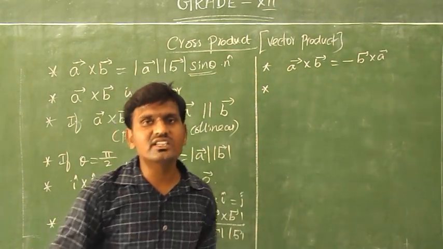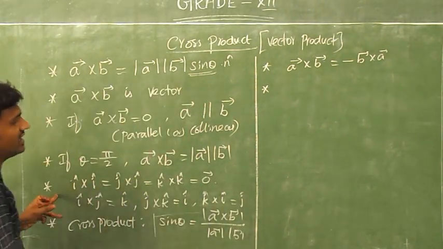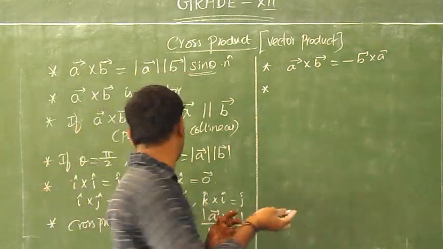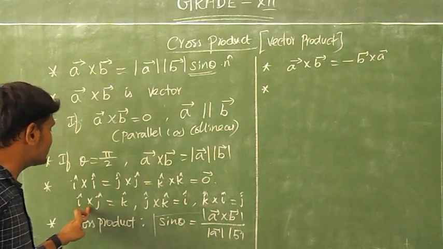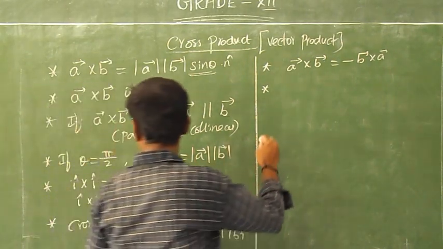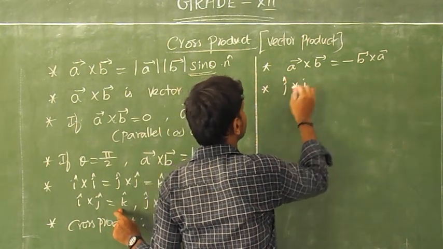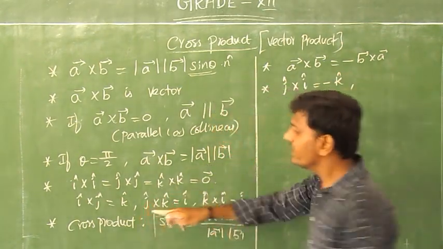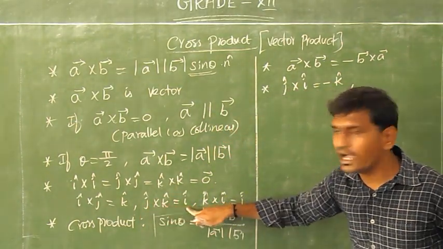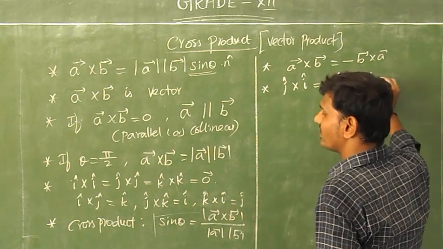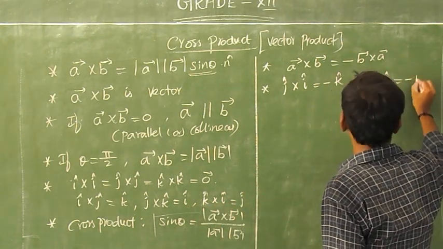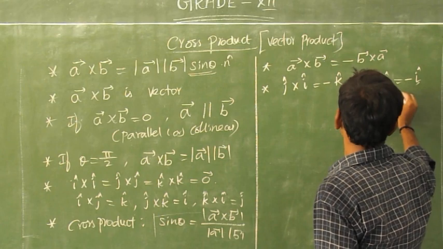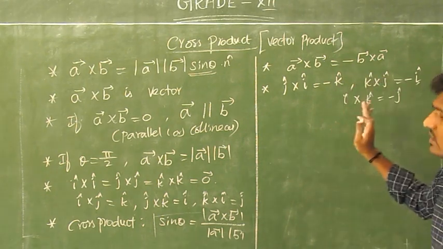And next, the seventh observation is from your fourth observation, the same only. I cross I, something, we want to take a direction that is different. That is, i vector cross j vector equal to k vector. Suppose I am taking j vector cross i vector, which is equal to minus k vector. Otherwise here j vector cross k vector which is equal to i vector. Now I am taking k vector cross j vector which is equal to minus i vector. Then finally i vector cross k vector which is equal to minus j vector. So this is your seventh observation.